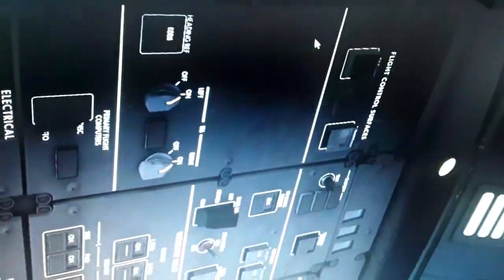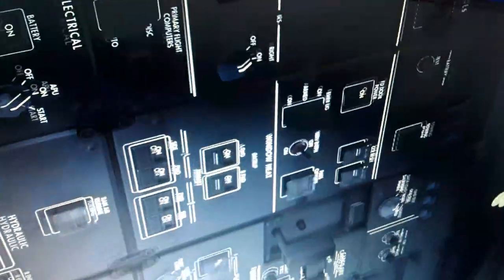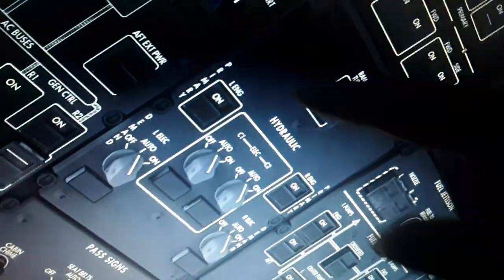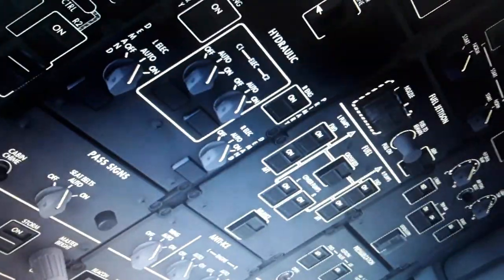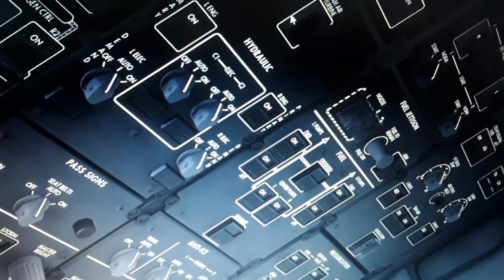Here position, we have some other systems like the window heat, the passenger oxygen, the ram air turbine. This is a hydraulic system. I can show you if we turn off all the hydraulics what will happen. We have the lighting system here, the windshield wipers,